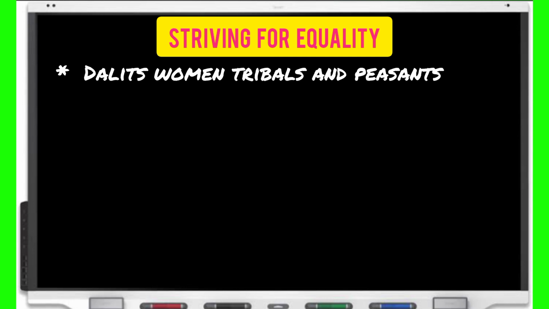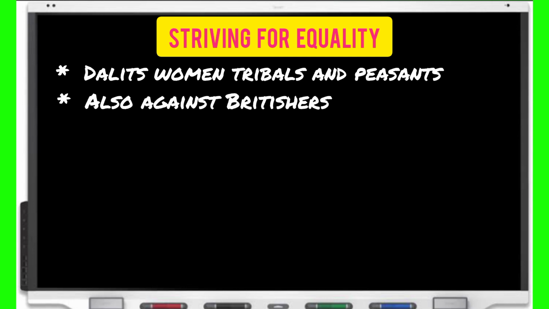There were various internal movements or social reforms taking place, which we will see as we move on in the higher classes. These social movements were primarily working towards reforms in society, to remove the inequality that existed in society itself. The main reform movements were those of Dalits, women, tribals, and